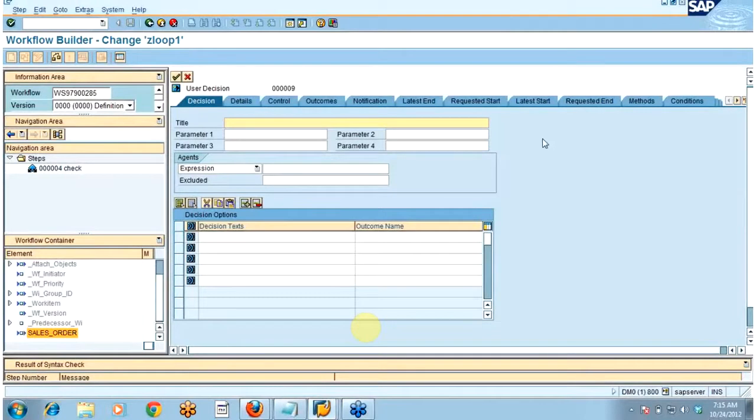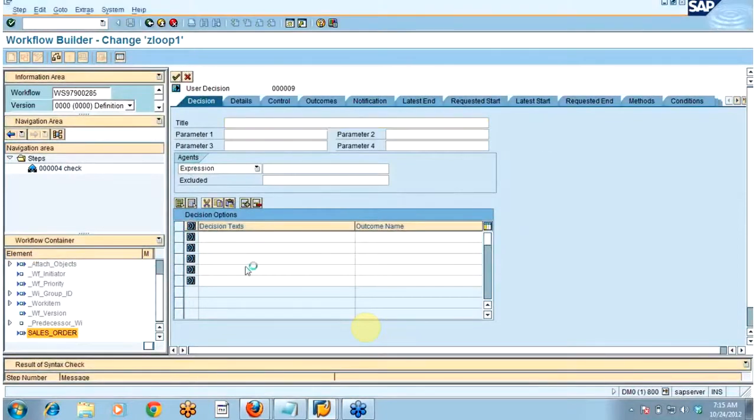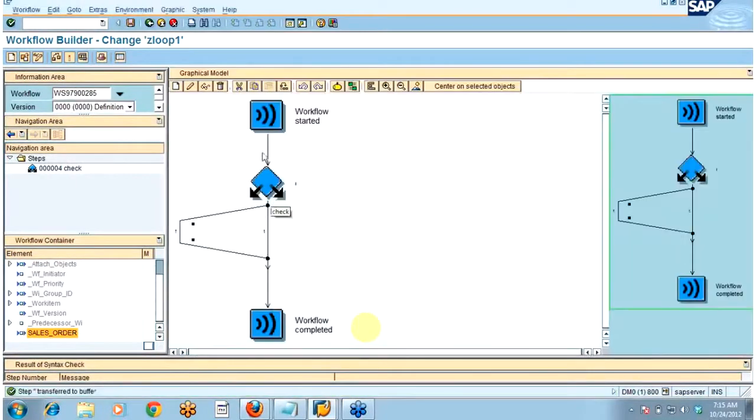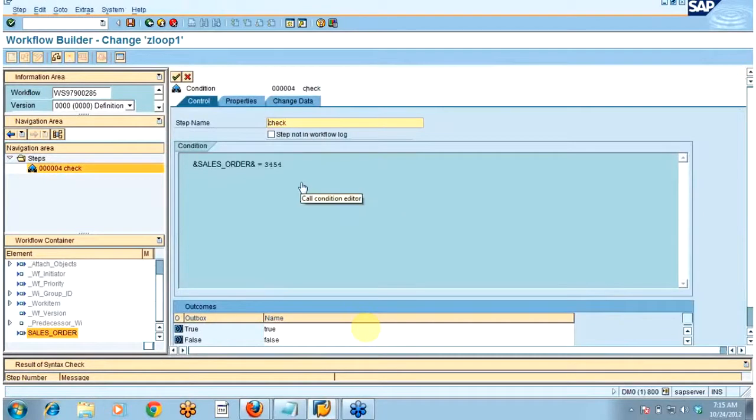I didn't see how you created that condition. What you did in that condition step. In the loop one or this particular condition step in the workflow, the second one? Okay, this one. This workflow. Now you can see the workflow screen, right? Right, yeah. So I'm just double clicking on it. Now you can see the screen with the step name.